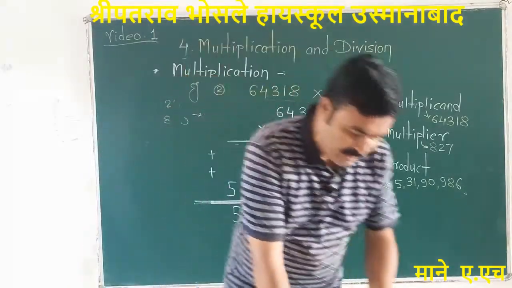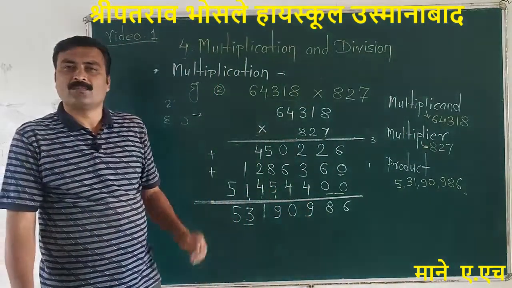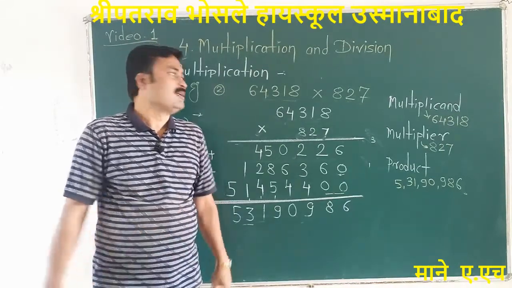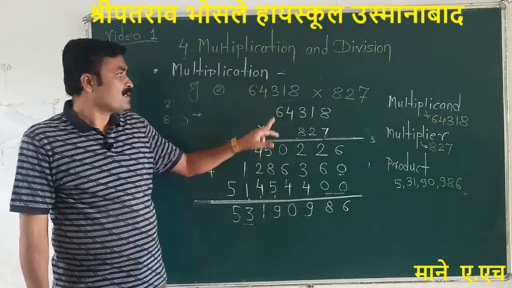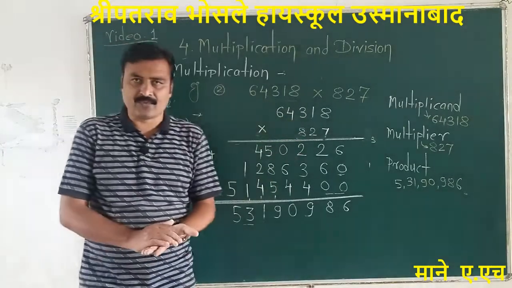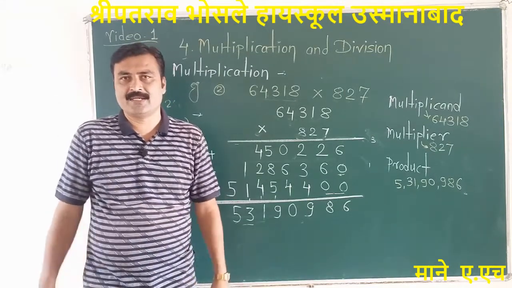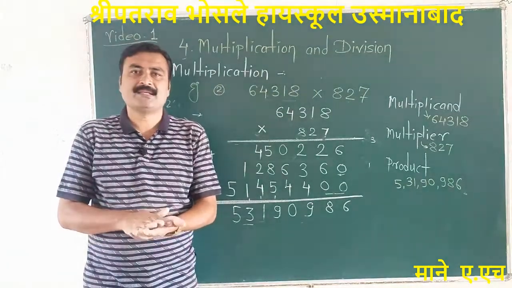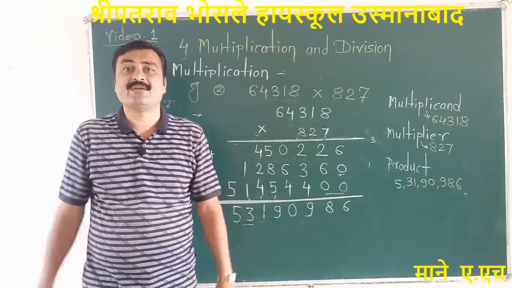Now on this multiplication process, in our textbook we have a problem set, and in that problem set we have given some simple examples like this second one that you are observing on this green board. Such simple examples are given in the first question, and after that, in the next half of that problem set, we have given some word problems. Those simple examples and word problems we will proceed with in our next videos.